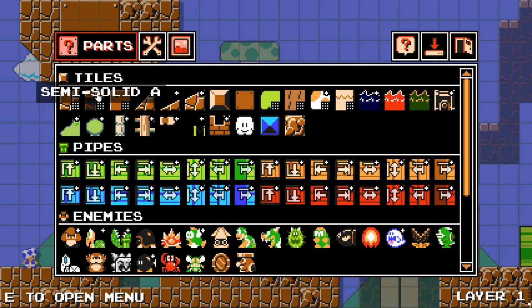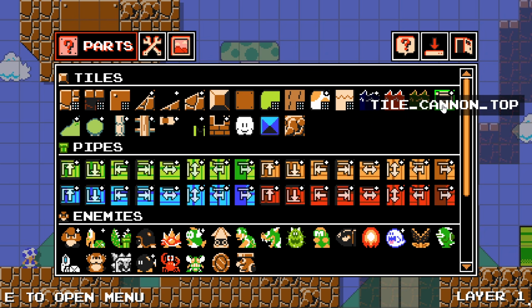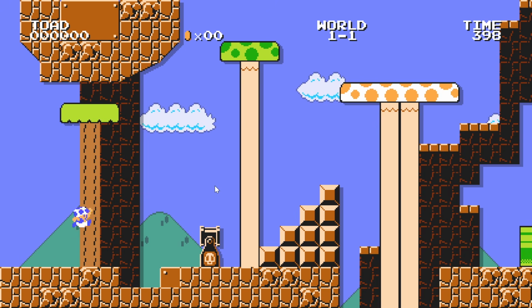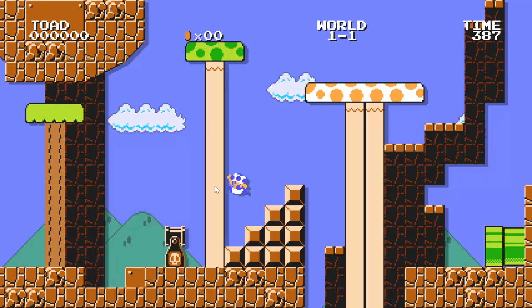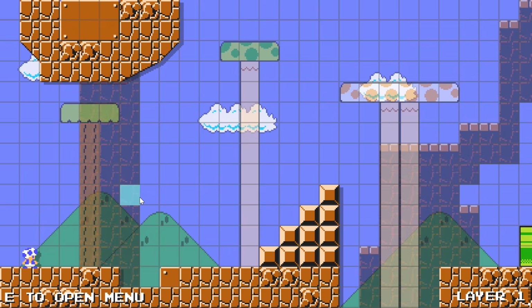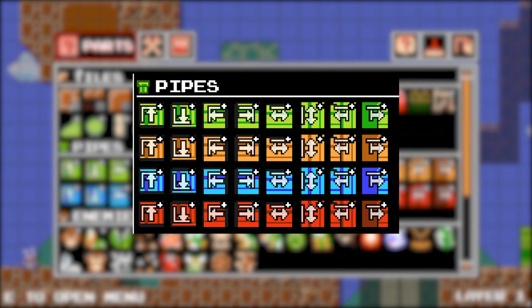The tile section has your common structures for your level, such as solids, semi-solids, liquids, and the bullet bill blaster. Yes, the bullet bill blaster, because in this editor, just placing the blaster alone isn't enough for it to shoot bullet bills, as this is set up manually. I don't want to go off track too much here, so we'll get back to this situation later in the video. Moving on, below tiles, we have the pipes section, which has all the necessary parts to build your pipes,